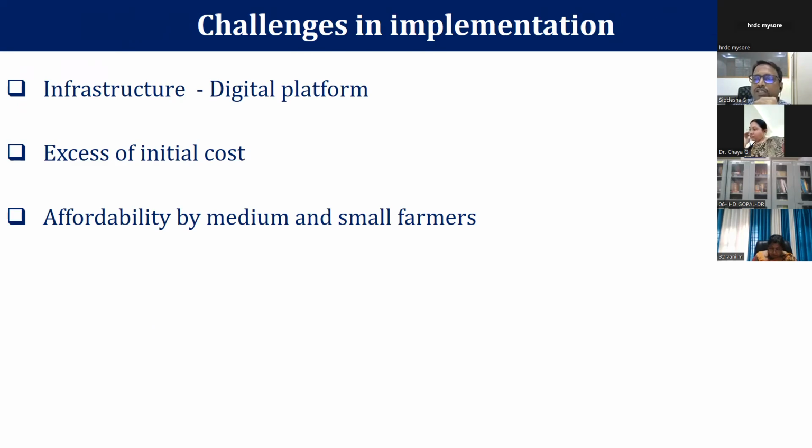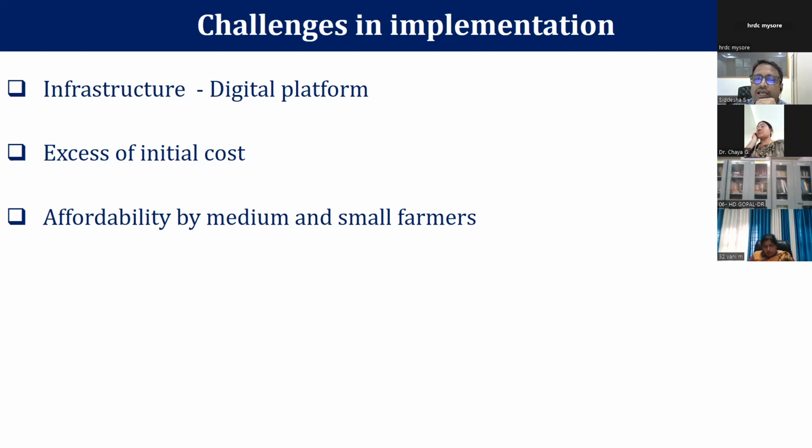In implementation, one thing is infrastructure. There is no proper infrastructure, that is, a digital platform. Even though Digital India has started growing, a bit more time is yet to come. In order to reach everyone, 5G technology is also going to hit the market shortly. A few things are already there, but not proper 5G technology. Whenever the digital platform and everything is set, then we can adopt precision agriculture and also a number of computing technologies in agriculture.